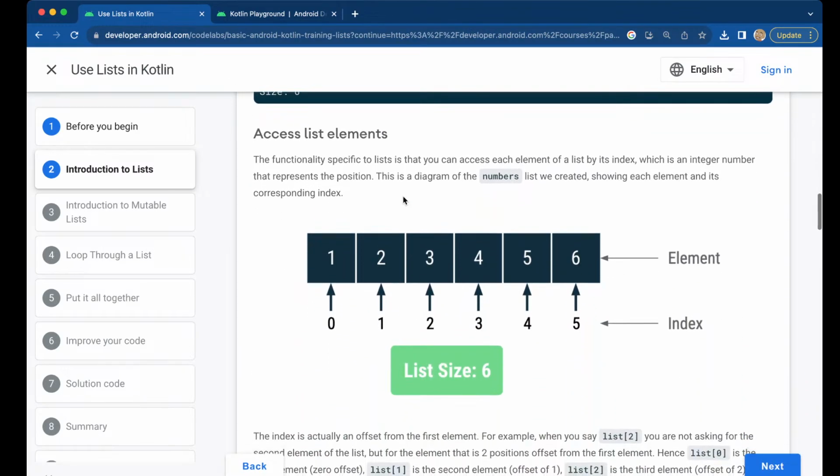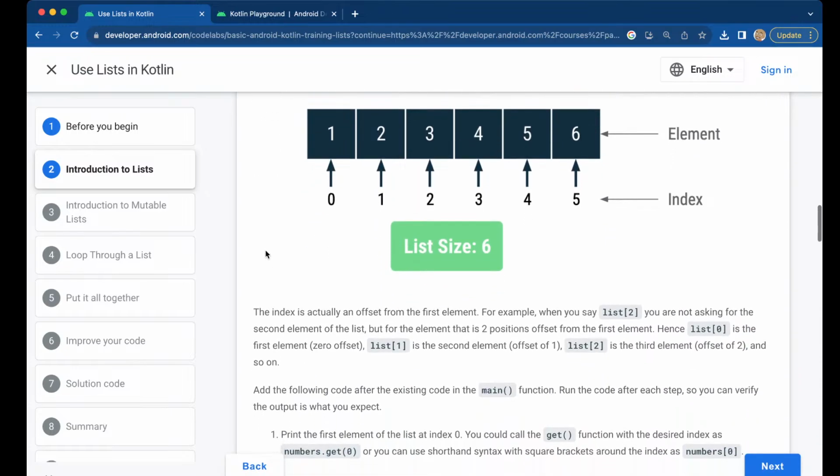And then the functionality is access list elements. The functionality specific to lists is that you can access each element of a list by its index, which is an integer number that represents the position. This is a diagram of the numbers list we created, showing each element and its corresponding index. The index is usually an offset from the first element. For example, when you say list sub 2,